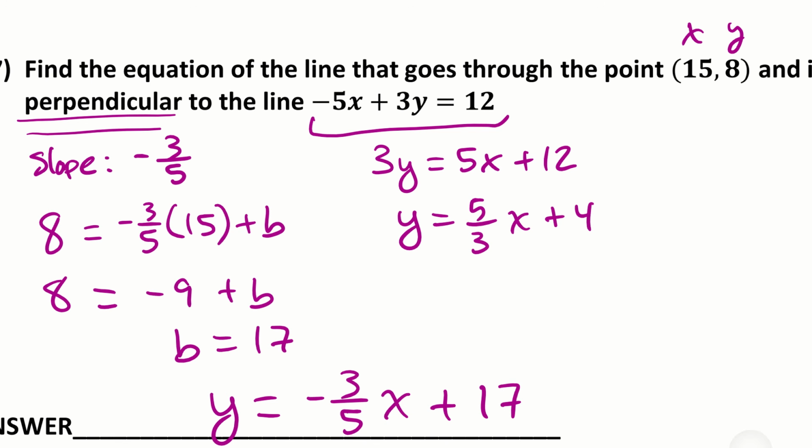And as a check, I'm just like saying, hey, are these the slopes of lines that are perpendicular to each other? And the answer is yes. And the other thing is, if I plug 15 into that equation, does it give me an answer of 8? Well, 15 divided by 5 is 3. 3 times -3 is -9. And -9 and 17 is indeed 8. So it works